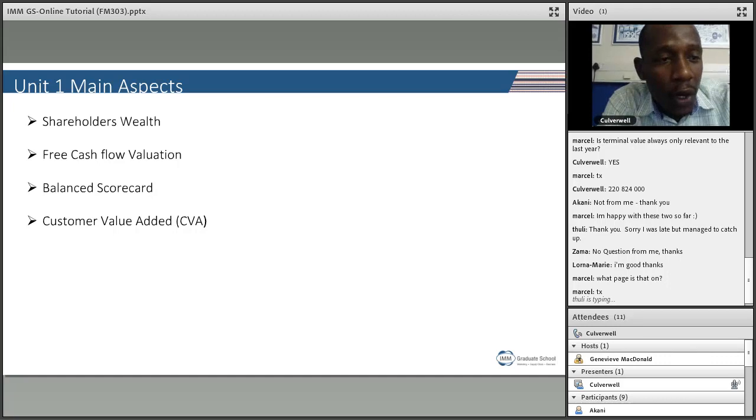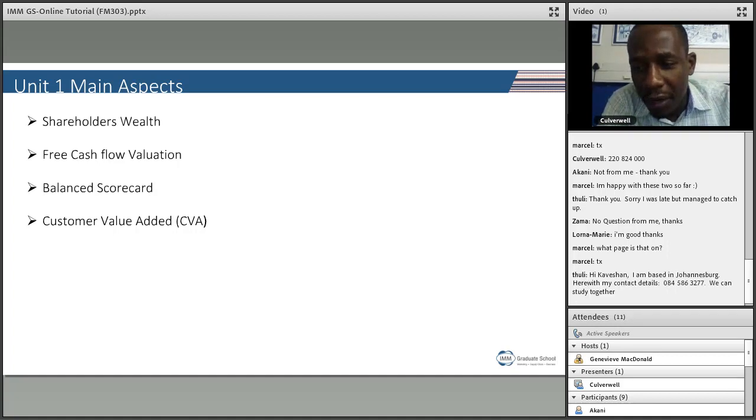So you need to know basically how to link your free cash flow model. What is it that marketers do in maximizing shareholders' value? Balance scorecard, it has got 4 perspectives. Your learning and growth, internal business processes, customer perspective, and then finally your financial one. An innovative product which gives a company a competitive edge is brought by marketers. If it's being supported